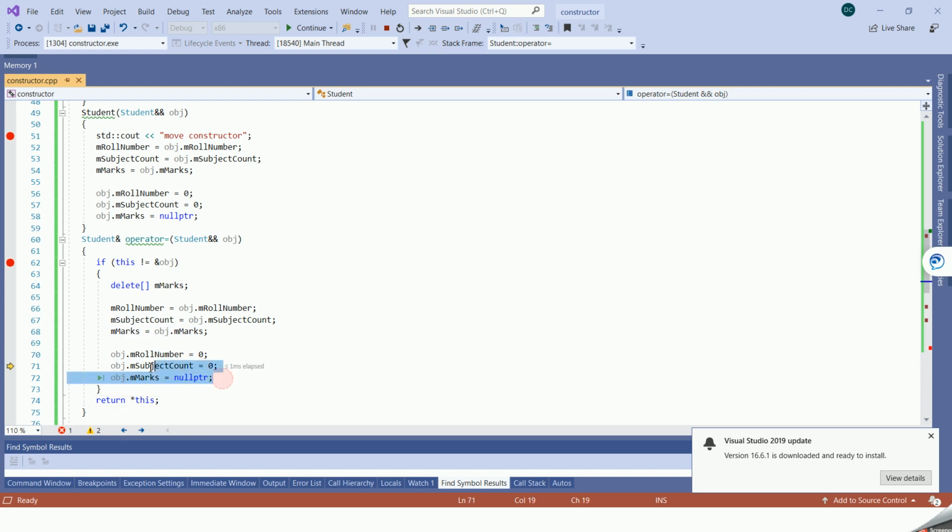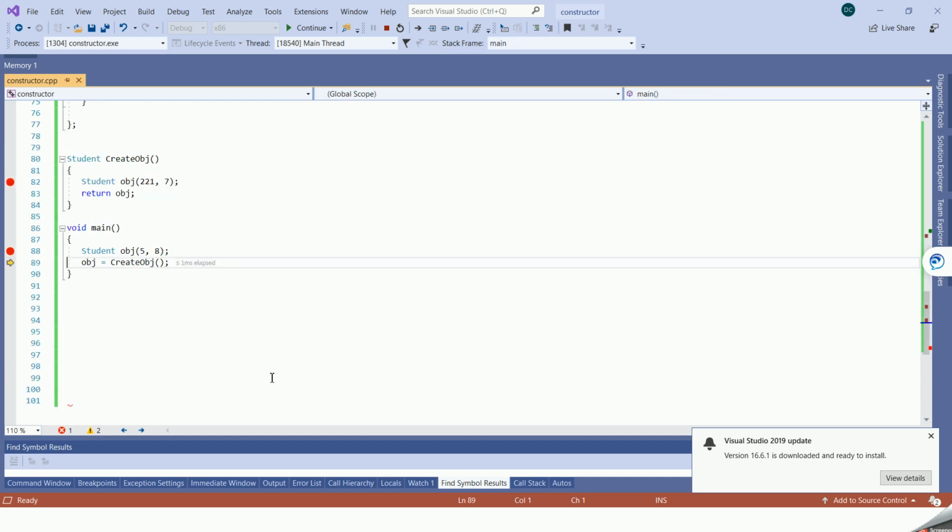And always remember this line of code is a must in the case of the move constructor and move assignment operator. So in this way you are able to create the object from the already existing object which is temporary. So this move constructor and move assignment operator saves a lot of memory and improves the performance of a program.